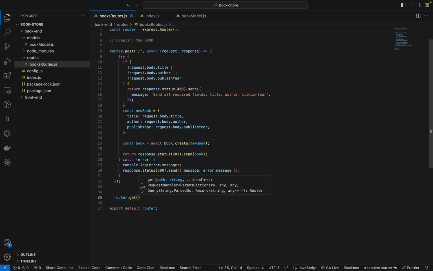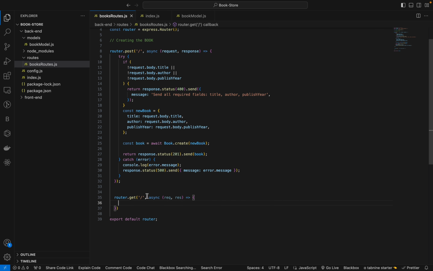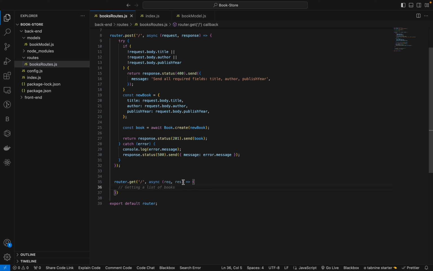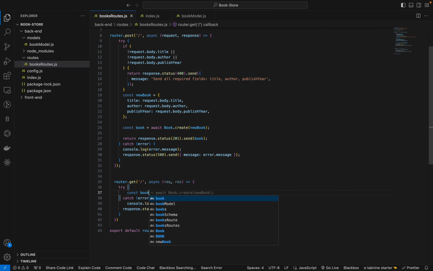I'm using just the forward slash, and I will use async request response, and inside that I'll use a try catch block. First let's create the catch block, same like this one, nothing changes. So in try, if it is a success, then I'll use const books equal to await